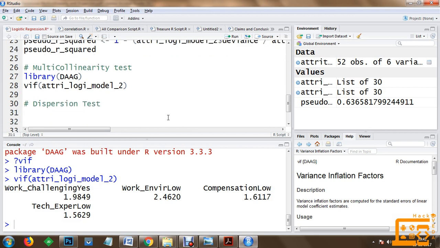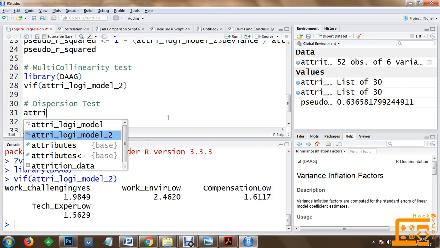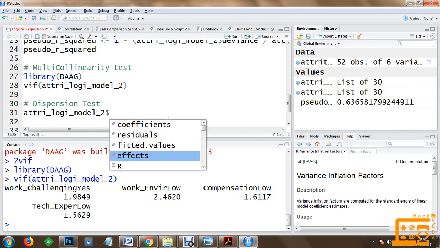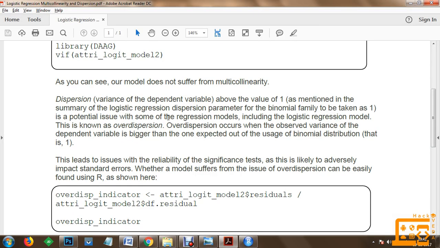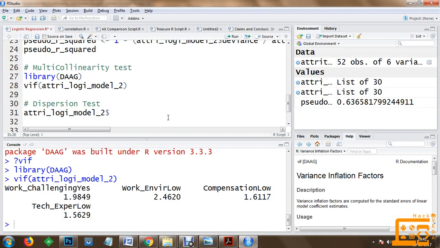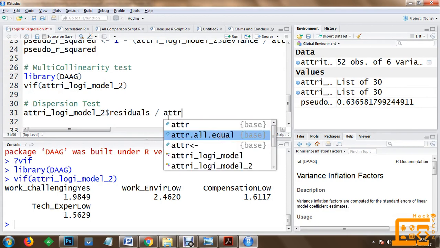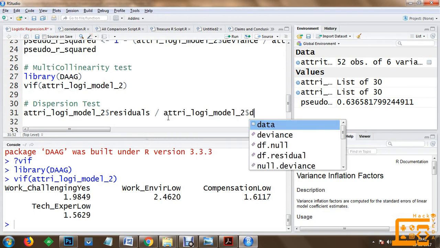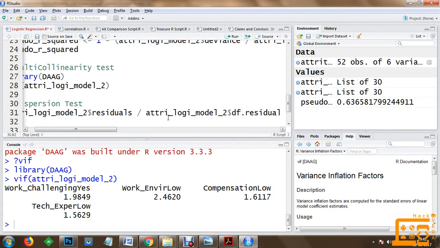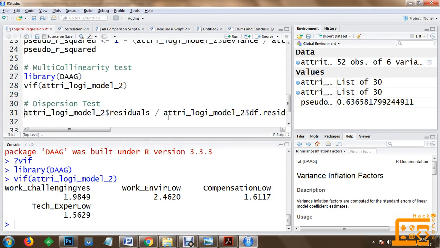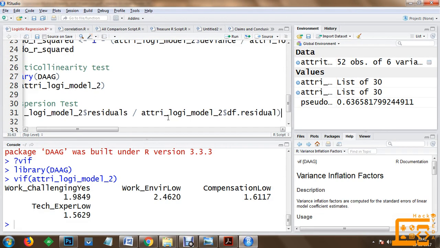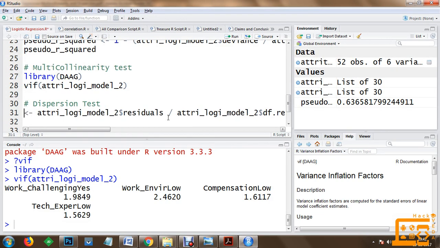We are going to use the attrition logistic model 2, and compute the value from the residuals and the degrees of freedom of the residuals. We take the residuals and divide them by the df residual of attrition logistic model 2, and this value will be kept in the over dispersion indicator.